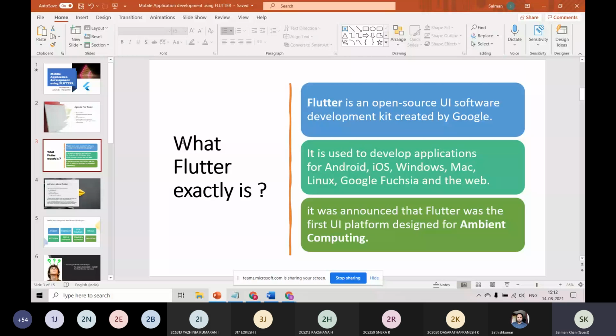For example, if you write in Java, you can use it only in Android, and if you write in Swift, you can use it only in iOS. And there is also React Native, which is developed by Facebook. That is also a hybrid platform development which supports both Android as well as iOS. But imagine how Flutter is, because if you know Dart, you can use one single code for transforming into Android, iOS, Windows, Mac, Linux. This has increased the demand for Flutter.